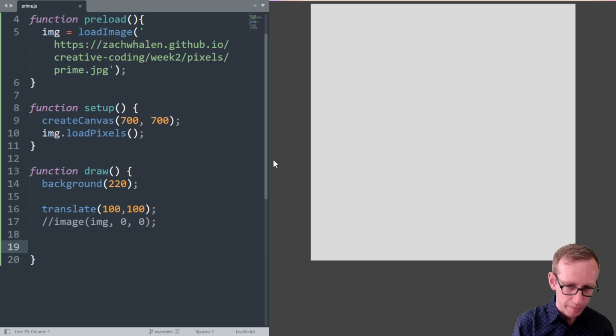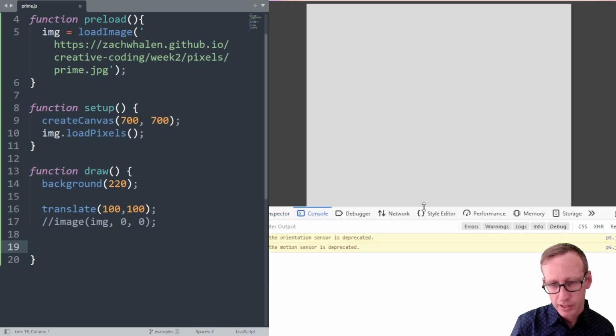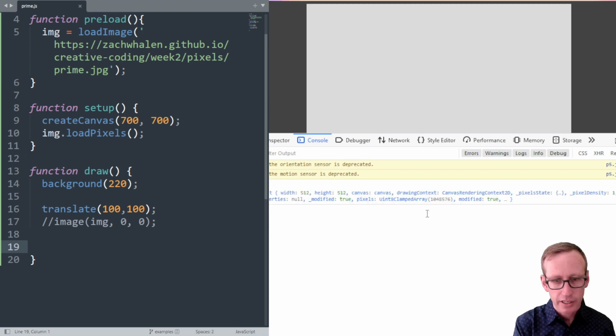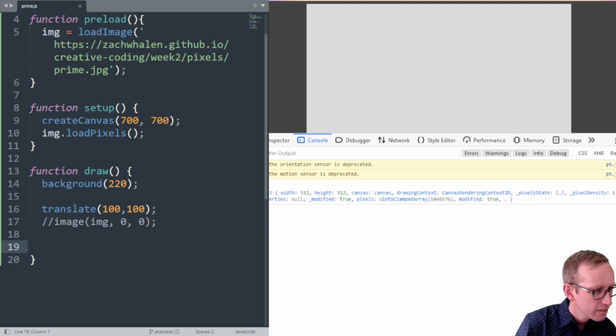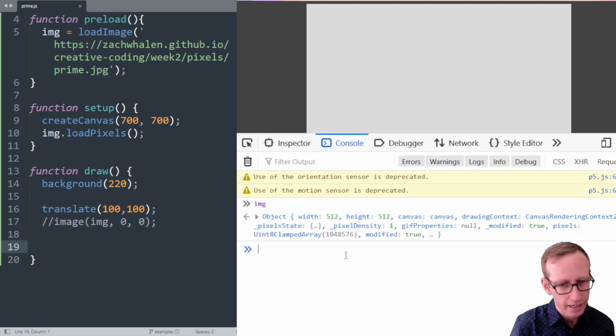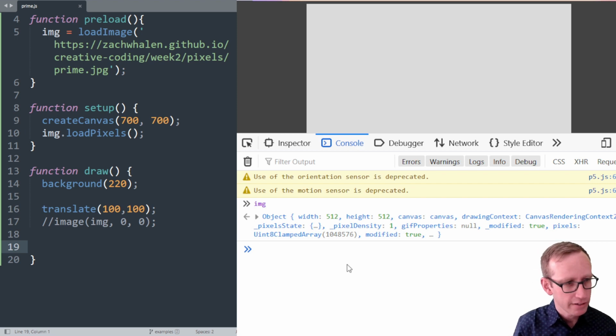So I'm going to use it here in a bit, but just to double check that it's there, I can open up the browser console and just call it by name and see if it's there. Let me drop that up here for a second. The browser console can be a really useful way to find out about the structure of something before you even start using it. And what I've done here is I've just typed the name img, that's the variable that